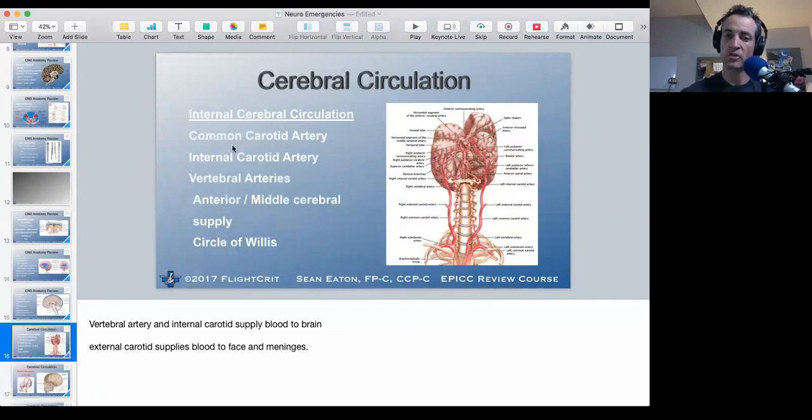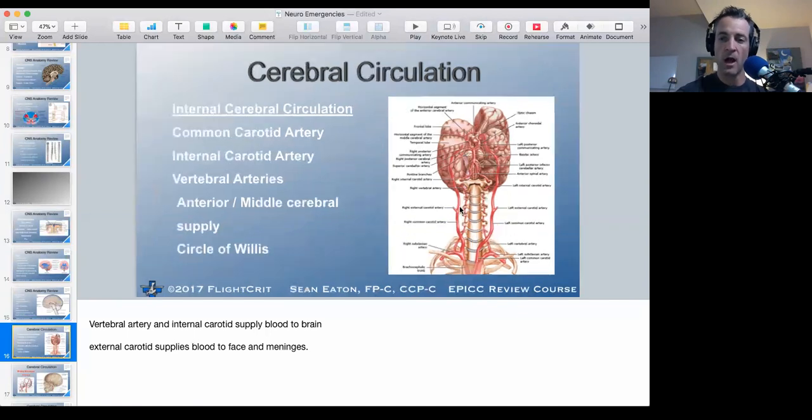Okay, you've got your internal cerebral circulation, your common carotids, your internal carotid arteries, circle of Willis, right? We know that there's a lot of cross communication, collateral circulation, if you will. And what you may remember from the last section on critical cardiac, I mentioned that